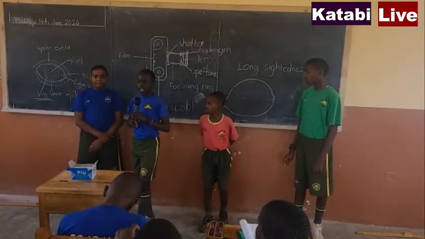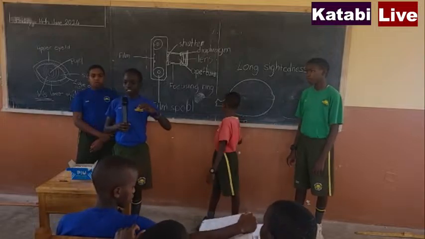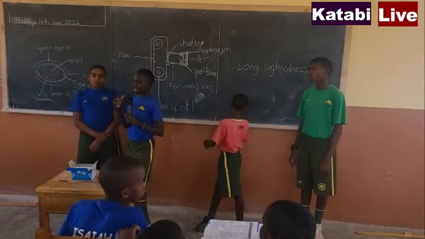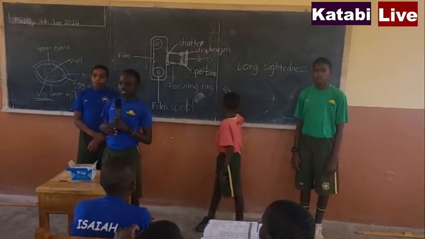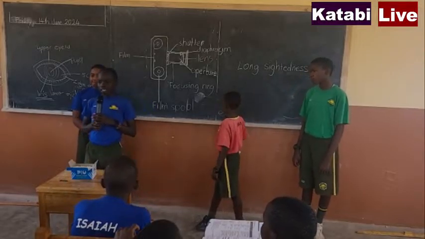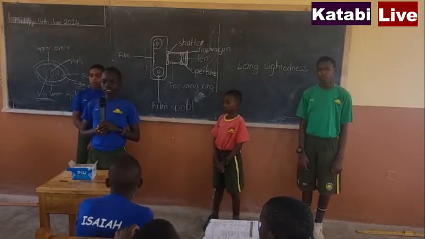Okay, thank you, Samuel. Old age sightedness is a condition that happens to people above 60 years of age. I think you can see it in our grandfathers and grandmothers, when they reach the age of 60 and above, they start complaining that they lose their sight a bit. They don't see clearly, they don't see distant objects. So now, what comes to the cause of this? What causes this is the loss of elasticity